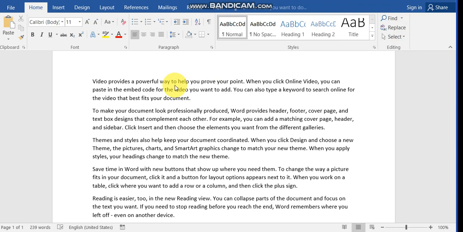We are typing some document lines. We want to find any word. Suppose we want to find "you". How many times is "you" used in this document? We click the Find ribbon tab